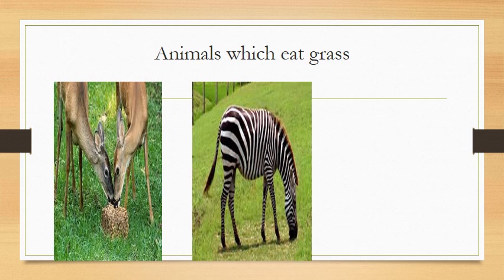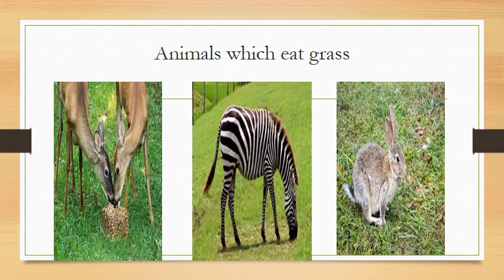like deer, zebra and rabbit, etc. So these are the animals which only eat grass. First thing about them is that these types of animals have strong legs. Okay, these types of animals have strong legs which help them to walk a long distance, as the area of the jungle is very broad, very long. So these types of animals have long and strong legs so that they can walk long distances in the jungle.